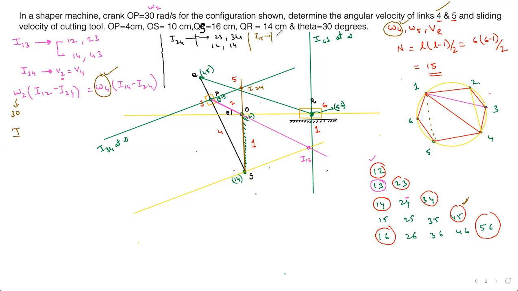I need to look at the triangles. 1 6 and 6 5 should be on the same line, and on the other side 1 4 and 4 5 should be on the same line, right? So this should be 1 6, 6 5. Just trace out 1 6. Yes, we have 1 6, right? So 1 6 is here, and 6 5 should be on the same line. Yeah, 5 6 same line. They are on the same line, no issues.